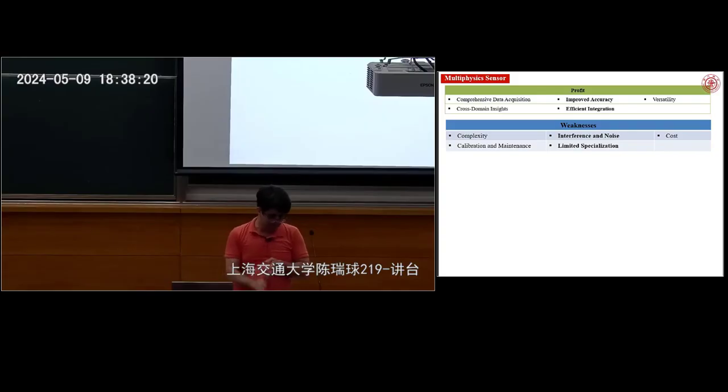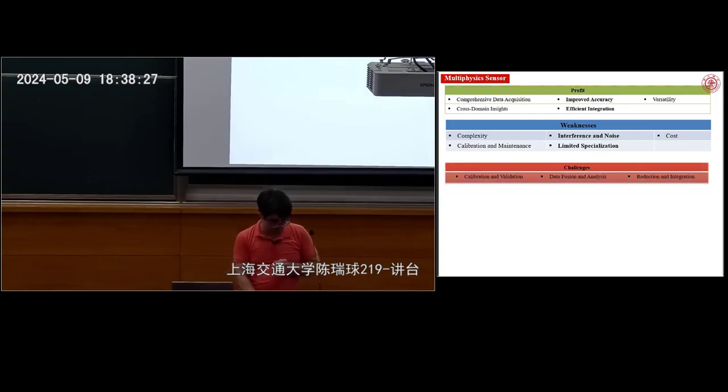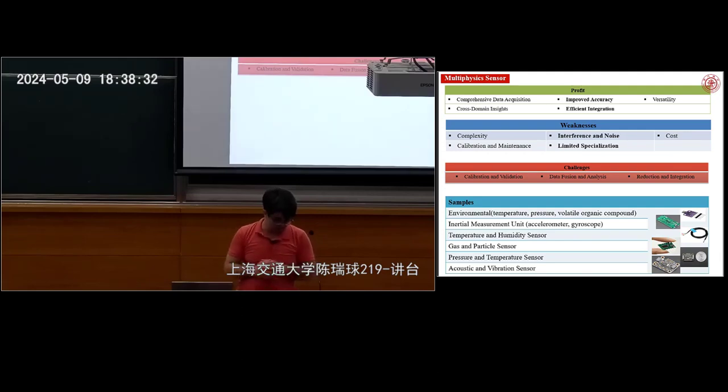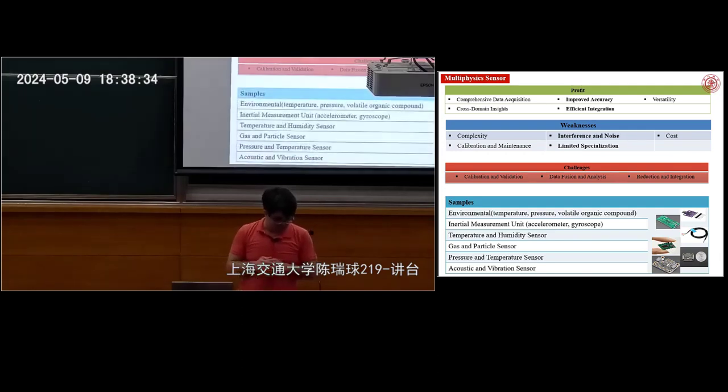So, what about the multiphysics sensors feedbacks? For example, this slide is related to the last slides about multisensory. In this slide, we can see about the profit: accuracy and efficiency are two important feedbacks, and positive feedbacks especially. About the limitations,